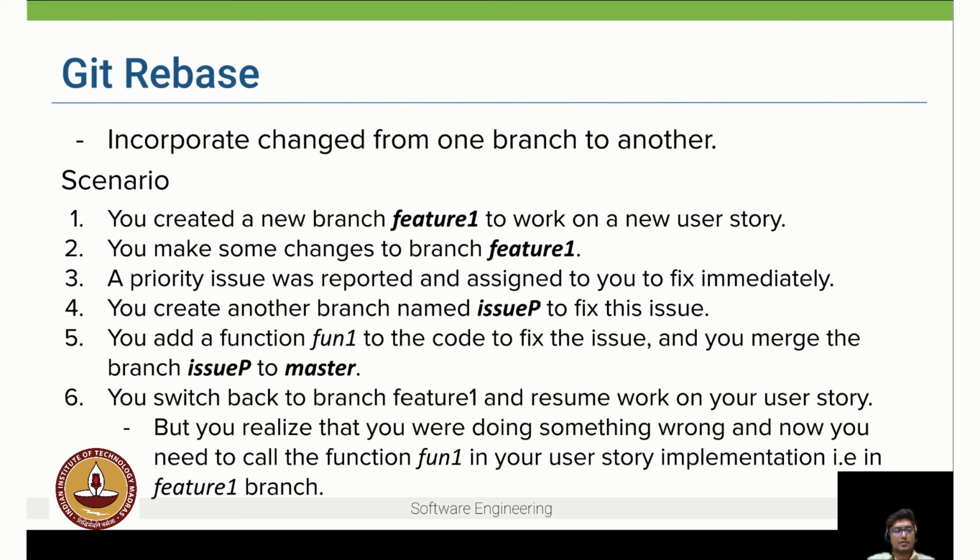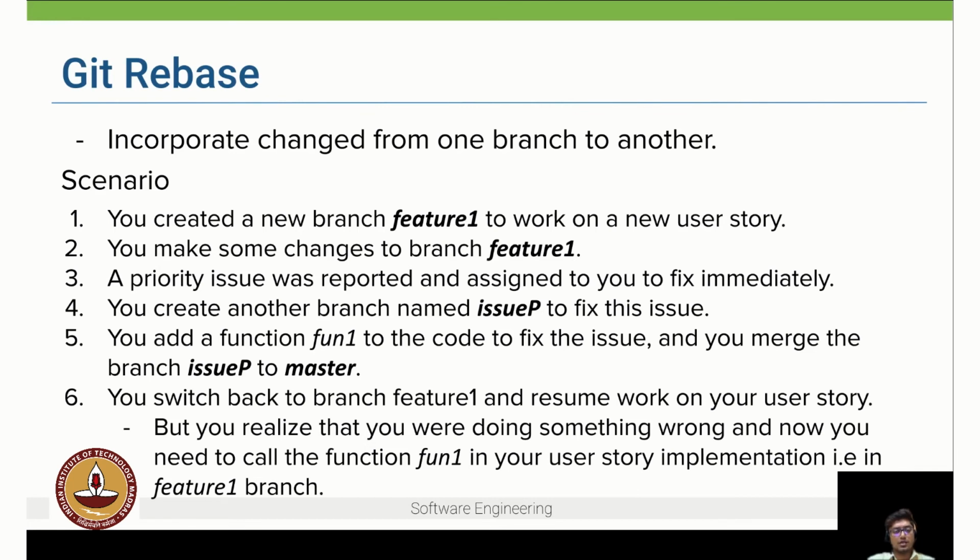You create a new branch feature 1 to work on a new user story. You make some changes to the branch. A priority issue was reported and you have to fix it immediately. You switch to another branch, issue P, and you start fixing the issue. Just to note here, you add a function, remember function 1, fun1, to the code through the branch issue P to fix the issue. Now consider the scenario when you switch back to branch feature 1 and resume your work